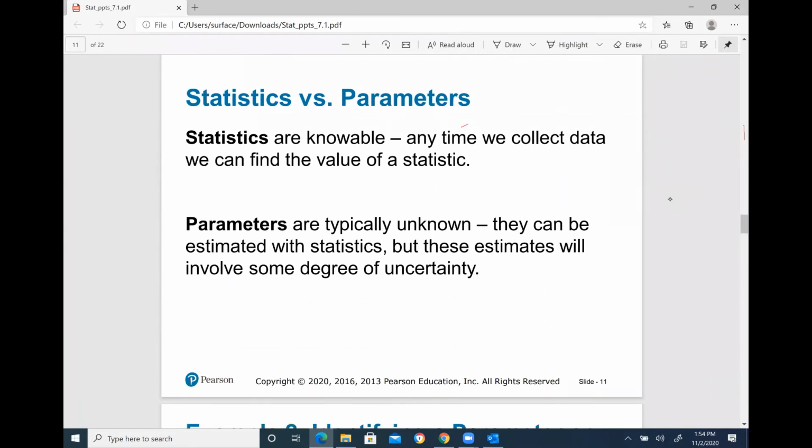Now we identify statistics versus parameters. Statistics are knowable all the time. They give it to us. Parameters, they don't give it to us. Usually they are unknown, or sometimes they have to give us the full number, the real number. If they're talking about just a small group and present that as the population, then that becomes a parameter. So here, the example will be,